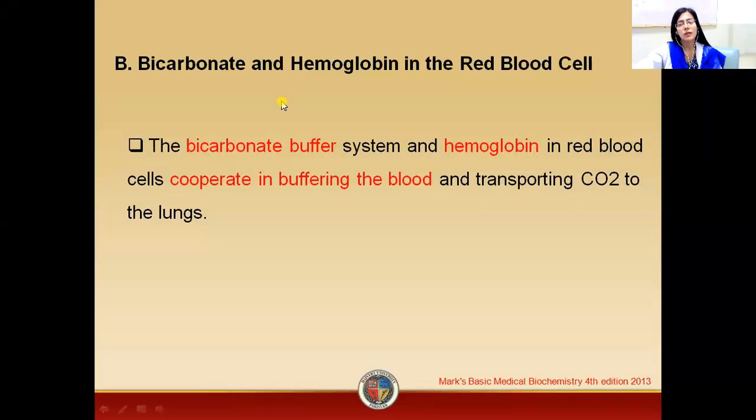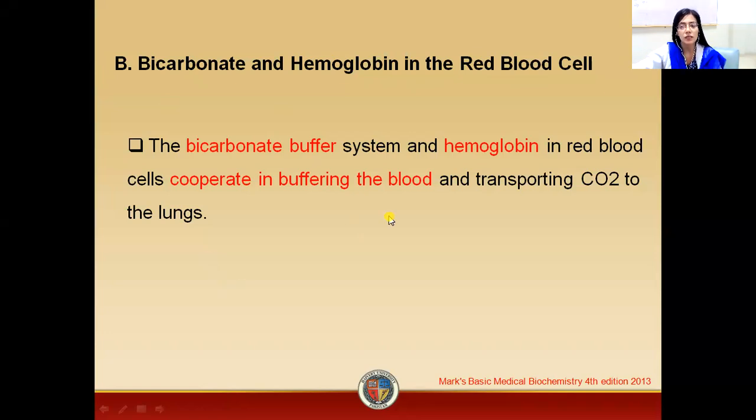So, bicarbonate and hemoglobin in red blood cells. How the bicarbonate buffer system and hemoglobin actually participate in buffering of our blood, we are going to discuss in this part of the video. Now, the bicarbonate buffer system and hemoglobin, which is present in the red blood cells, participate in buffering the